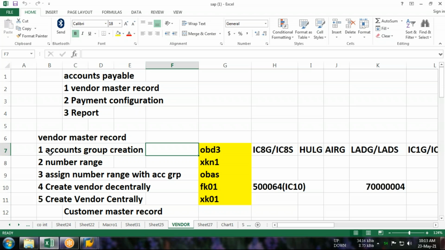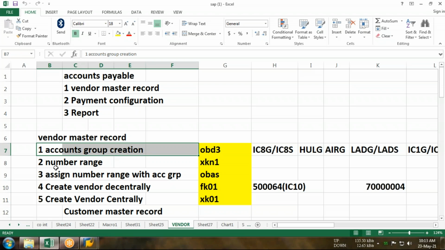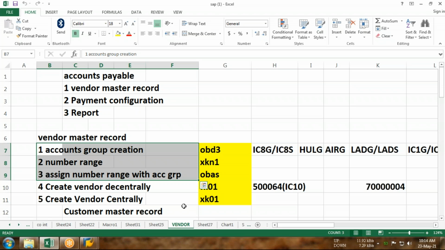First, you have to create the accounts group for the vendor. Second, you know that while we created the GL, every GL should be numbered. A number can be any digit, 6 digit, 5 digit, 4 digit, but the number range should be there. And whatever number range you select should be assigned to the accounts group. So these three steps are a once in a lifetime configuration. For the very first time when we start our vendor configuration, we do it but once. In subsequent vendor configuration, there is no need to create it again.